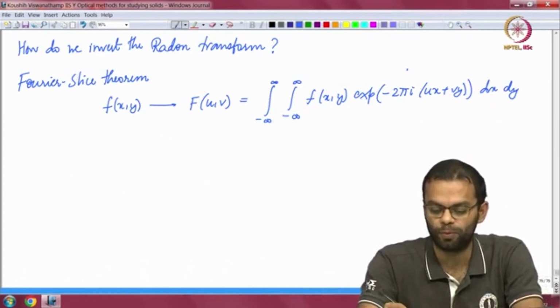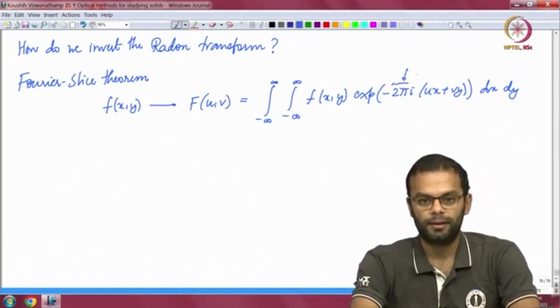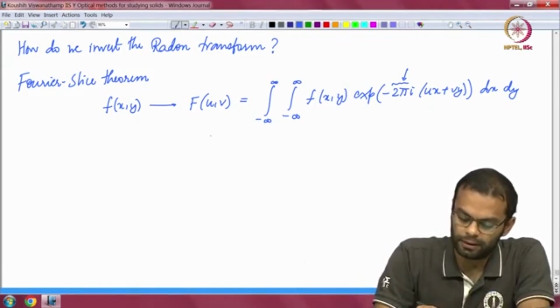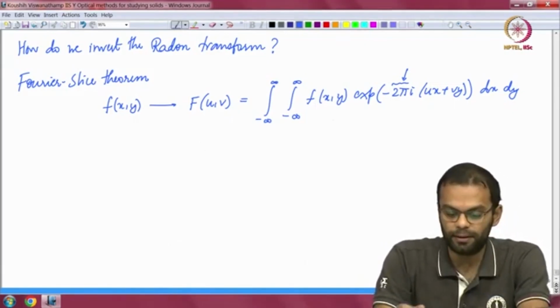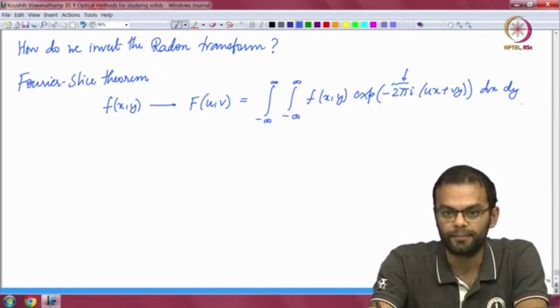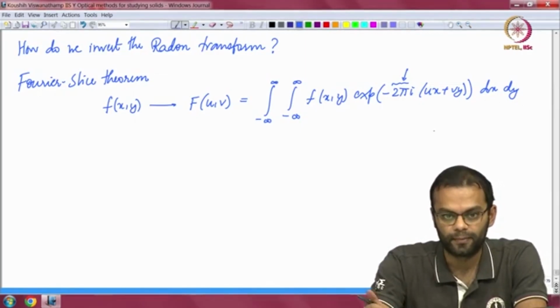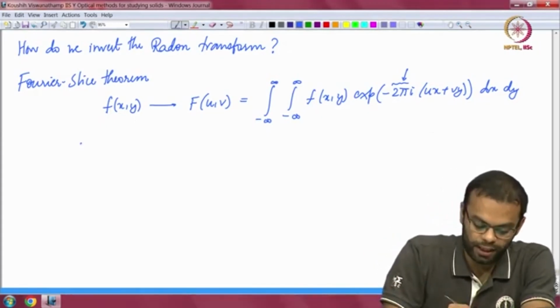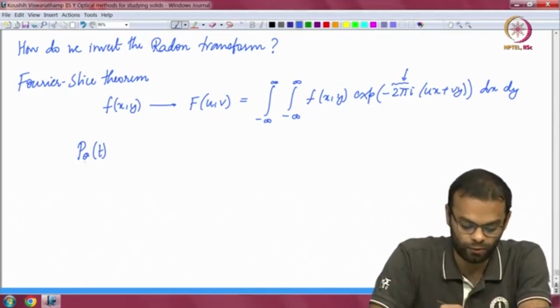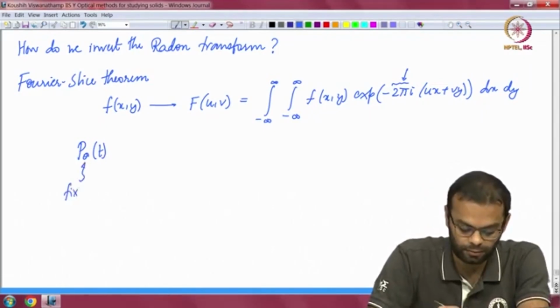Okay, so this factor of 2 pi is now here and the small f is just obtained by inverting this transform, right. You have a plus sign here and you integrate over u and v as opposed to x and y. Okay. Now, if you take a single projection, so a given value of theta, so you fix theta first, so